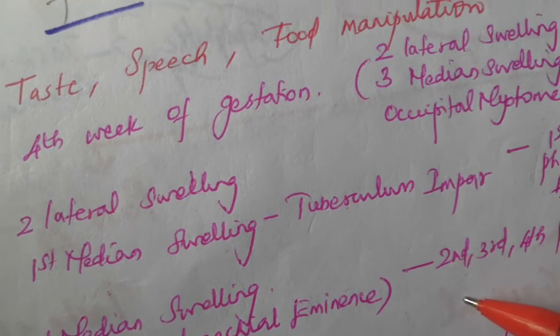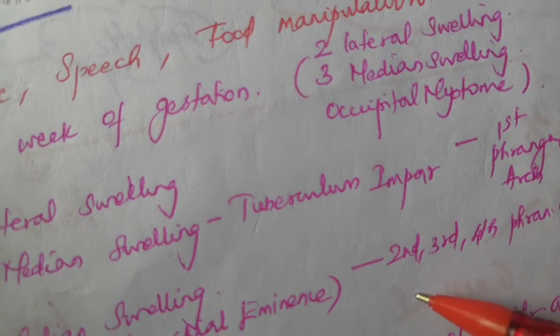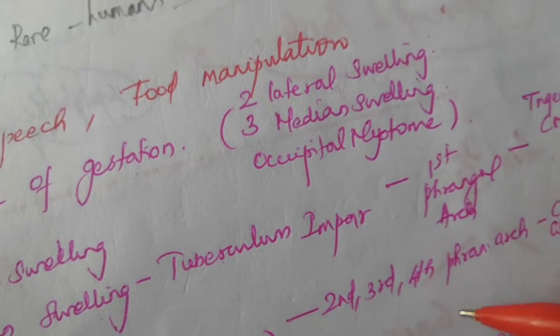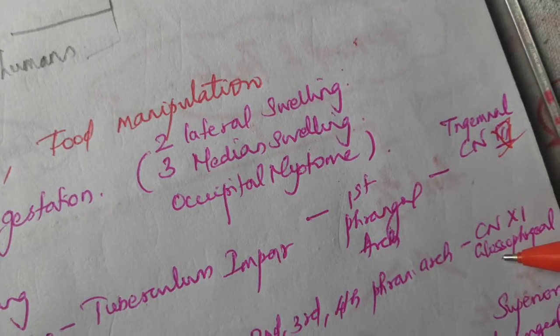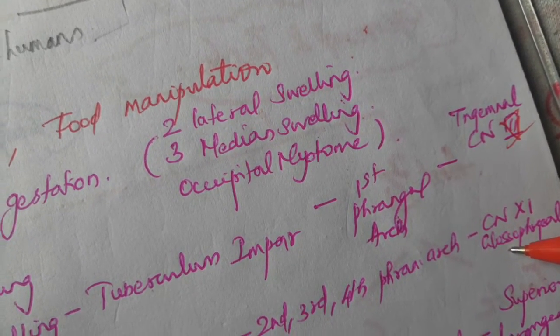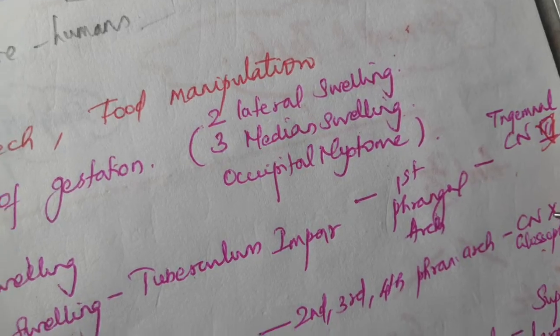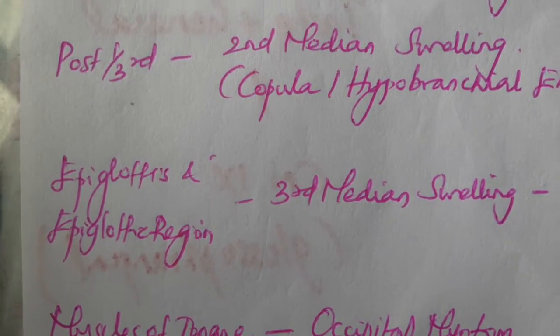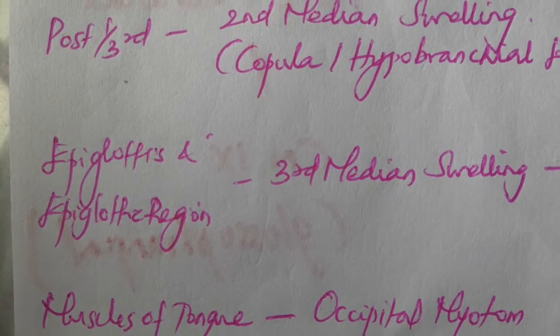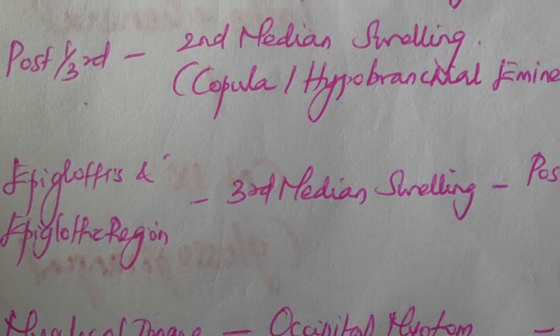The posterior 1/3 is contributed by the second median swelling called copula or hypobranchial eminence. This is derived from the 3rd, 2nd and 4th pharyngeal arches. Hence the nerve supply is from the glossopharyngeal nerve. Then coming to the epiglottis and epiglottic region, it is from the 3rd median swelling,